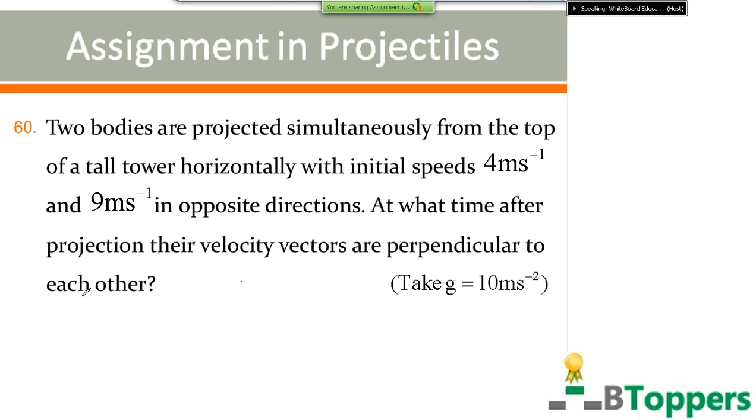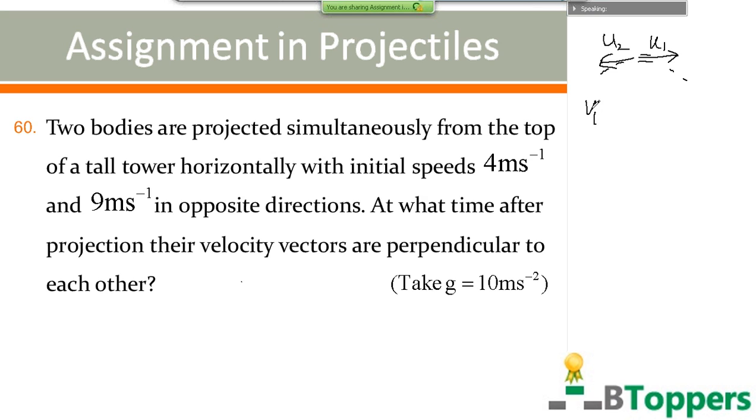So this problem comes under the special case which I have discussed in the horizontal projection. That is, at the end of the theory for horizontal projection, I have discussed one special case. This problem comes under that special case. So I have discussed that if two bodies are projected horizontally in opposite directions with initial speeds u1 and u2 from the top of a tower,